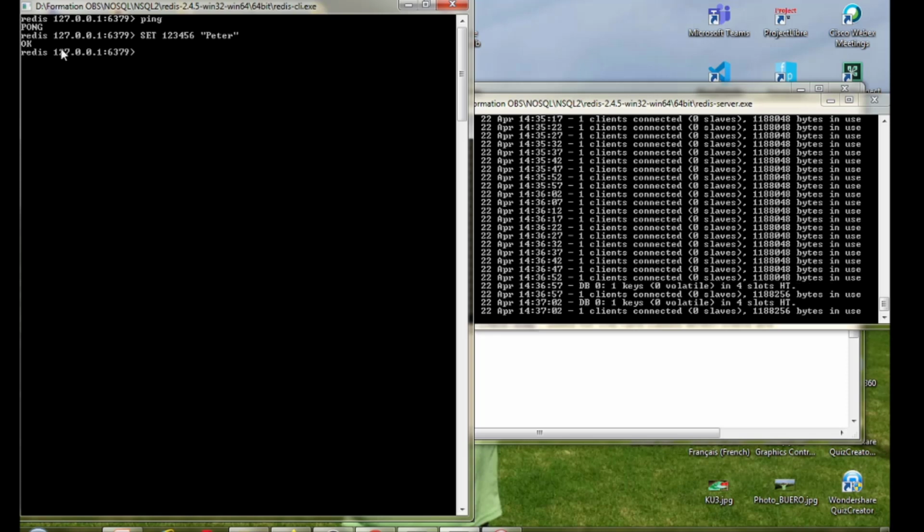Now it's okay. And if I want to search or to get this value, I just use the key. For example, I type get, and I type here the key 123456. So the response is Peter.